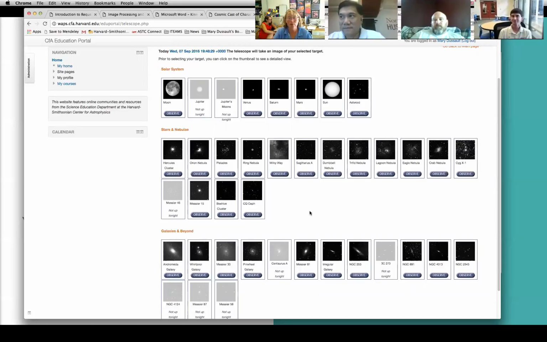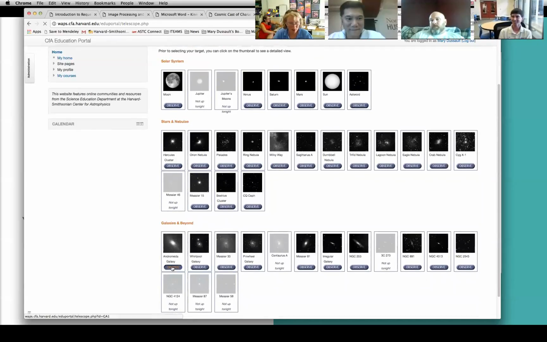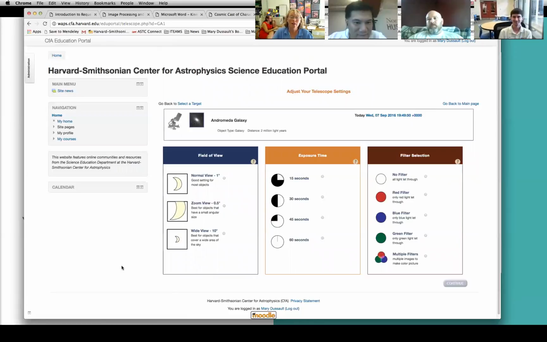So we try to reinforce the hierarchy of the universe through our interface. Okay, let's take a look at Andromeda. And again, you'll see that you get to set several settings for this target. One is the field of view, and that is identifying, if I go back to this slide,